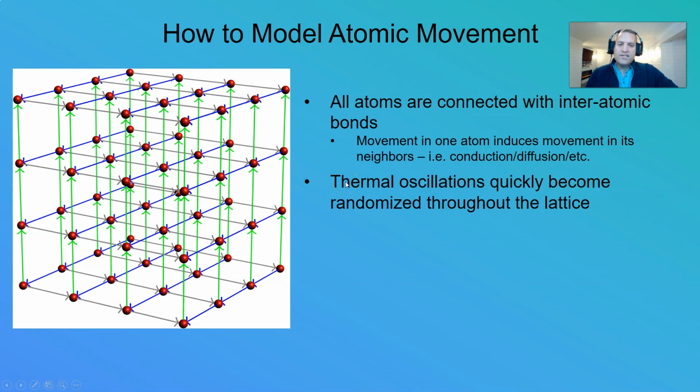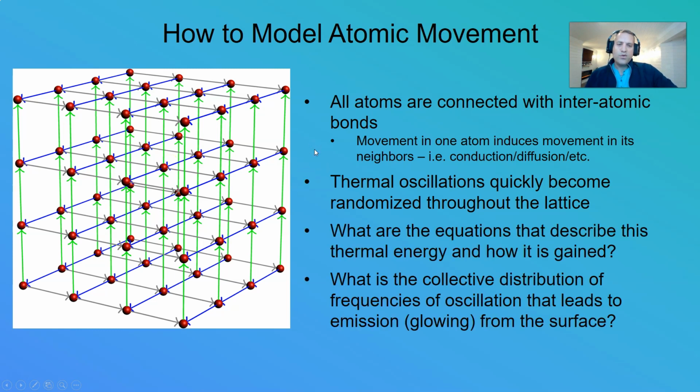Okay, so thermal oscillations quickly become randomized throughout the lattice just because it's extremely complex. It's effectively randomized. It's not truly random, as in meaning that they have no cause and effect, that one just randomly starts vibrating with no reason. Of course, there is a reason. The reason is because the forces are transferring, but you can imagine that once all those forces are translated throughout this lattice and all the different vectors of vibration, these can obviously vibrate in 3D. It's effectively random just because it's extremely complicated.